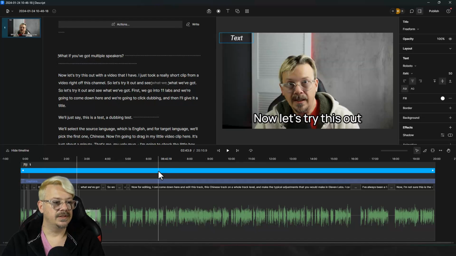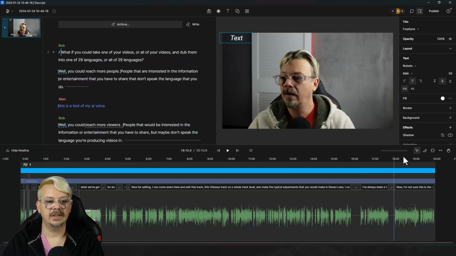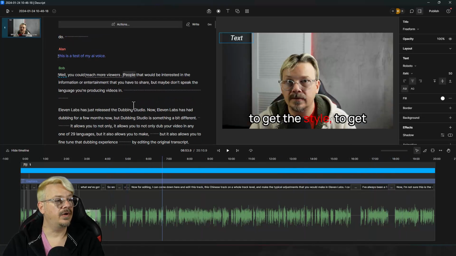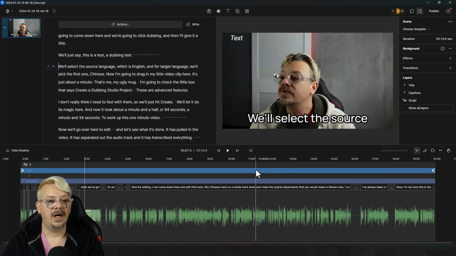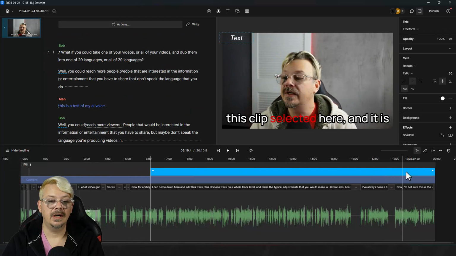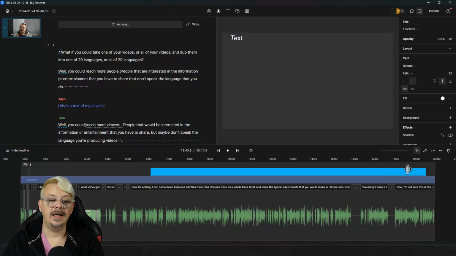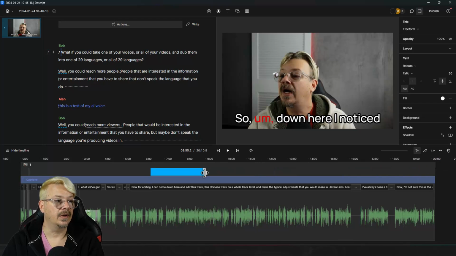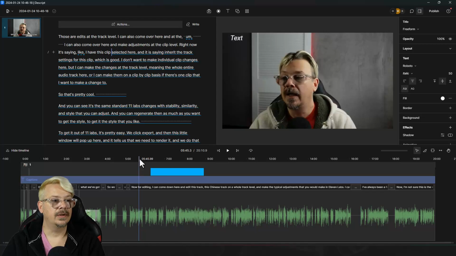The problem is it has applied this across the entire project. Well, I don't want the text across the entire project. If I want to fix that, I have to have the timeline open, grab and drag the beginning of it down to where I want it to start, and I have to come grab and drag the end of it to where I want it to end, wherever that might be, in order to get it to only show up where I want it to.